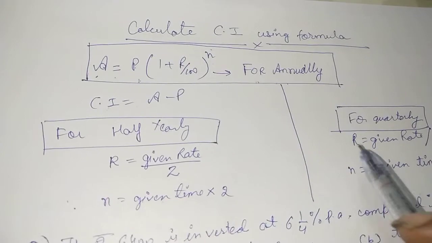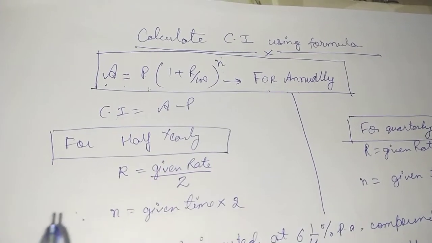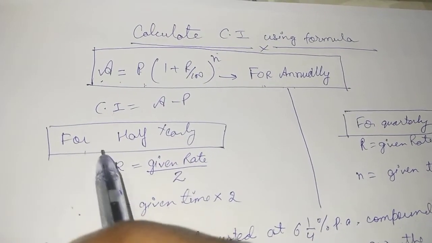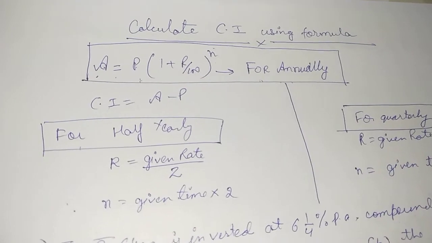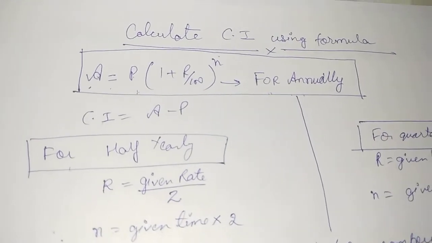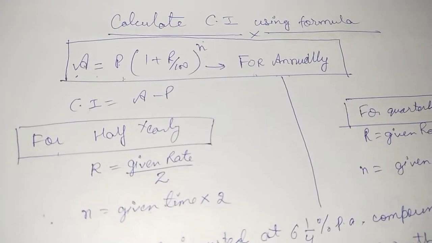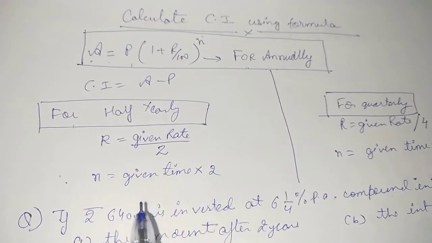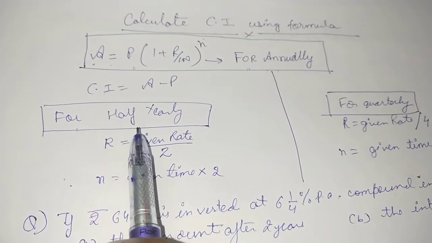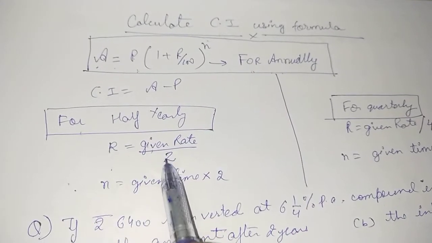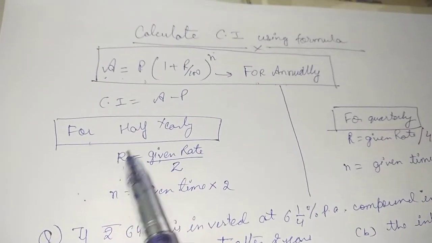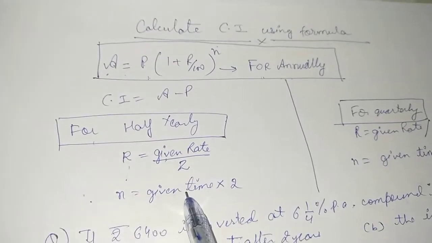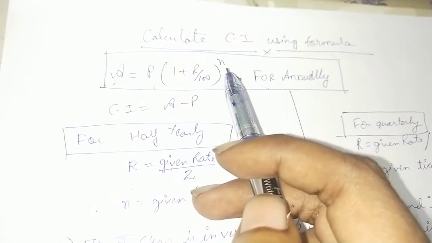Okay, now there will be two more cases, and in that case the formula will get a bit changed. So I would suggest you keep the formula as it is, do not make any changes in the formula. If the question is given to you as so and so at this very rate, compounded half yearly, let the formula remain as it is. What you can do is, for the case of half yearly, divide the given rate by 2 and that will become the new R value that you need to put in here. Similarly for the N value, whatever is the time given in years, multiply by 2 and then you can put that value for N over here.